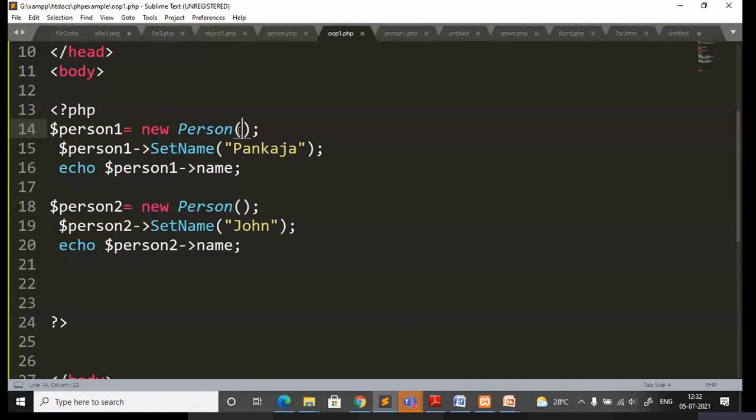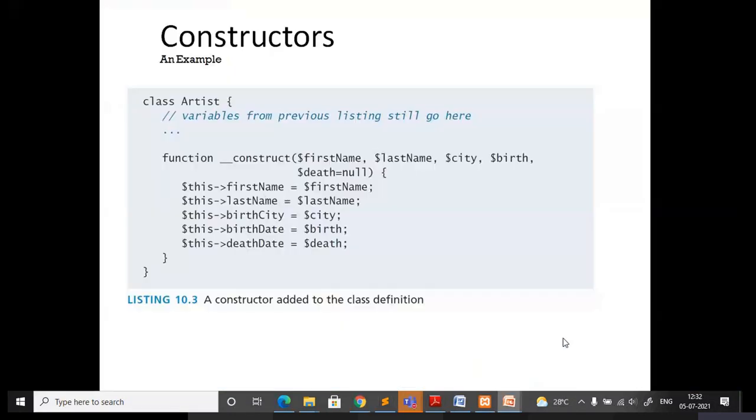Accordingly, it is going to assign or initialize these values for these properties with respect to this class. The first name, whatever is passed through the class name, is going to be initialized.